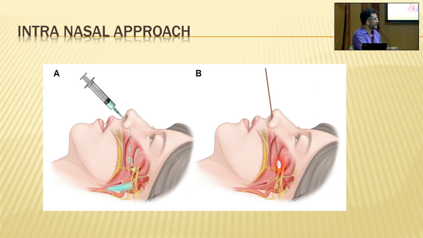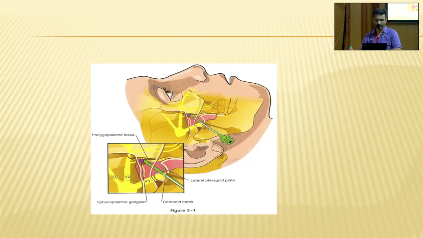Now this can be done by a pipette, this can be done by a syringe, or, what I was taught, we just soak a gauze piece in local anesthetic, ask the patient to extend the neck, put it in, and place it for 5-10 minutes. The patient is comfortable, the pain settles down. We even tell the patient that this is something like a first aid that can be done at home also. The only precaution is that we ask them to keep a liberal part of the gauze piece outside so that they can pull it out.